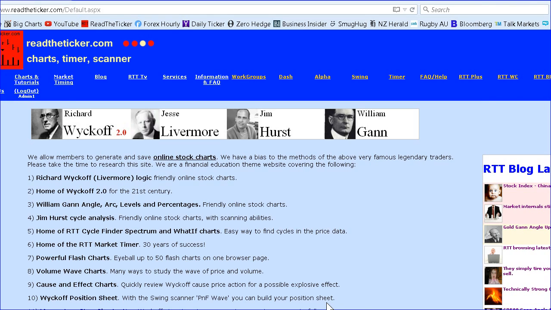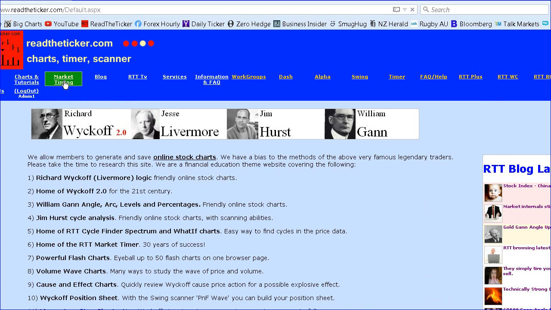Readtheticker.com is primarily a Richard Wyckoff logic site with the assistance from Gann angles and Hurst cycles. Even though the information on Gann angles and Hurst cycles is quite detailed and you can look at those individually, it's primarily designed to help assist Richard Wyckoff logic. In developing the site, I looked for tools or had to develop tools that would assist Richard Wyckoff logic thinking. And the three tools that we've used to assist in determining a Richard Wyckoff chart